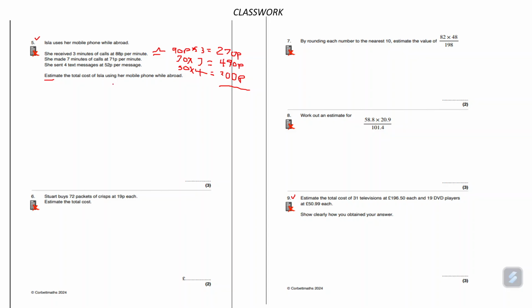So what did the question say? It said estimate the total cost of Usla using a mobile phone. So you need to add. If you add all this together, 0 plus 0 is 0, 0 plus 0 is 0, 9 plus 7 is 16. You carry 1. 2 plus 4, 6 plus 2, 8 plus 1, you carried over. That will be 9. So your final answer is 960p,